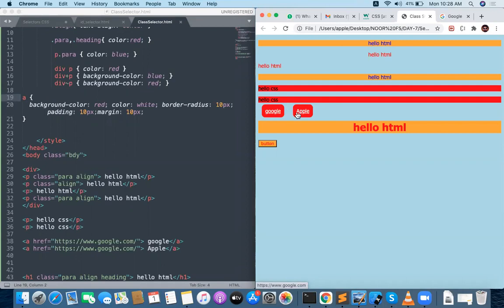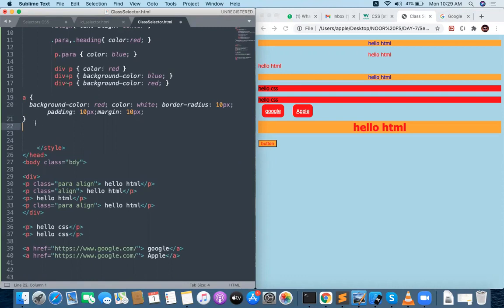What are those? Google, Apple. Okay, like this you can do, or you can do one more thing. A square bracket with href. Attribute containing href, which is getting applied. There is one attribute called href. Let me do one thing first like this.